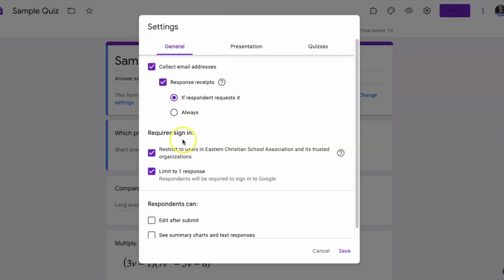The other thing that we want to make sure is checked, which this will automatically check for you, is that we want to restrict the users to Eastern Christian School Association. That means that students just need to be signed into their school account for them to be able to access and take this quiz. I would also make sure, and again, this is going to be selected for you, but make sure that you limit your quiz to one response,